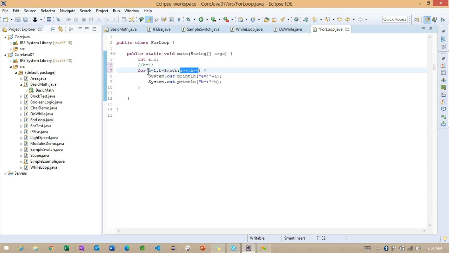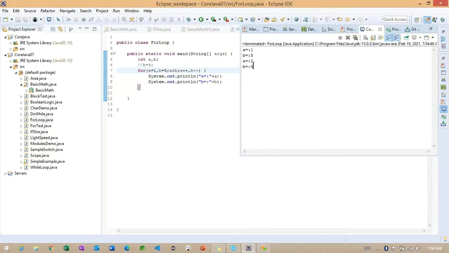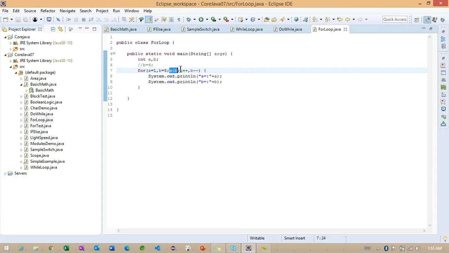So here I have two variables' information. As of now we did not work on this kind of example. We were working with a single variable, but now we are working with two variables here. So you can observe a is equals to 1, b is equals to 5, a is equals to 2, b is equals to 4. After that, what happened here? This condition failed here. Getting the point. This condition is failed.